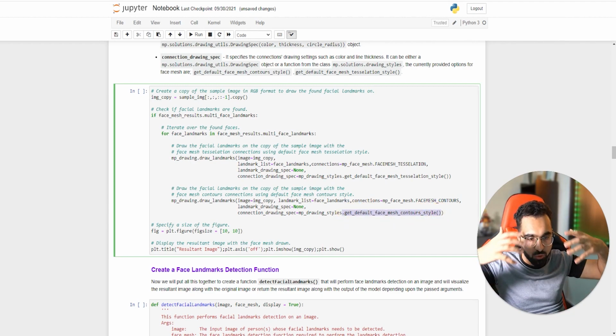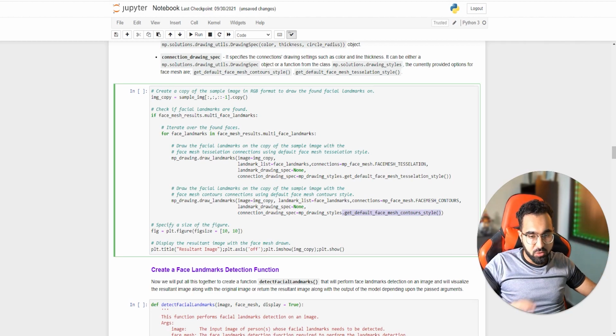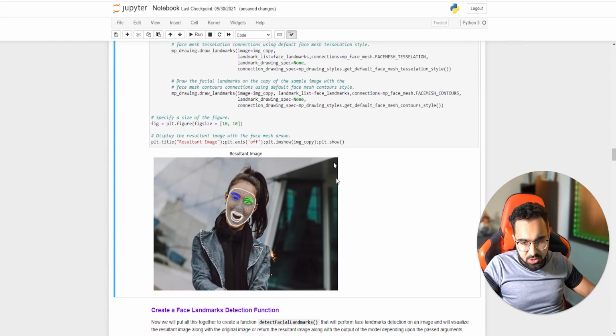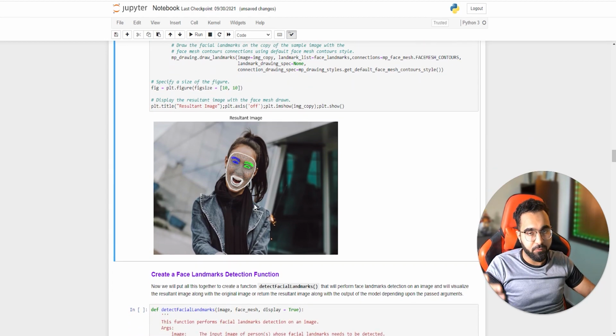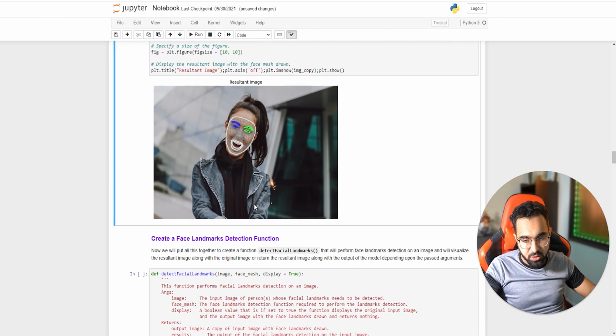So you're going to see both of those on top of each other. It's going to be an interesting result, and then I'm just going to display it. So this is what this looks like. As you can see, this is the contour and an interesting style that's visualized. It's really interesting once you run it on your face in a real-time feed. So that is what I'm going to do.